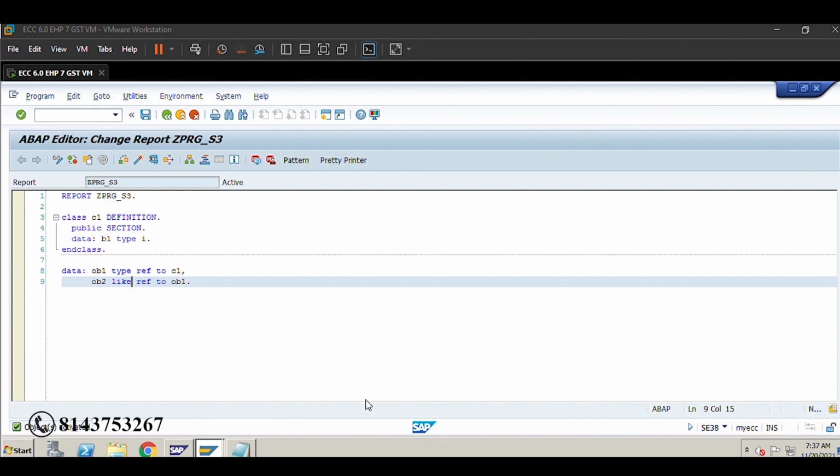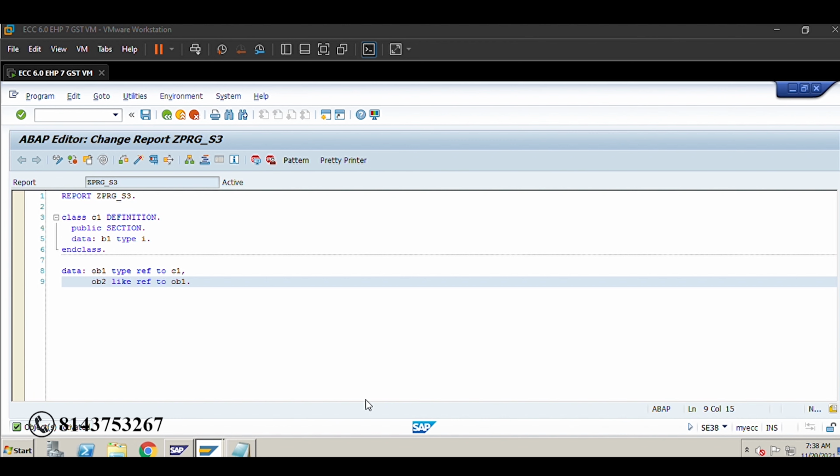So if SY-SUBRC returns value 0, it means successful. If it returns 8, it means failure or error.